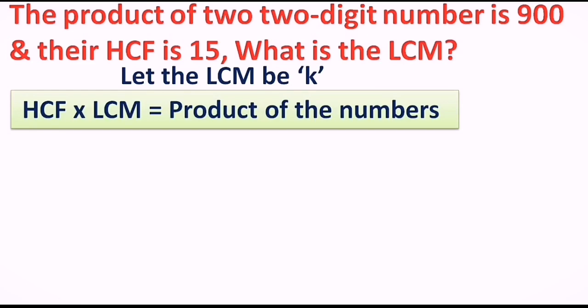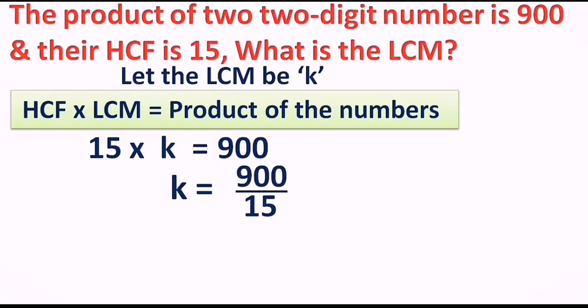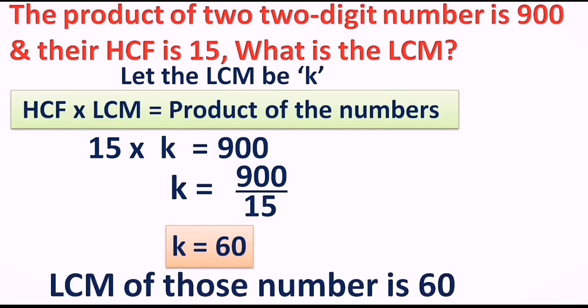Okay, so over here HCF is given to me, that is 15, and LCM is K, so I can write 15 into K as the product, and the product of the two numbers is already given to me, that is 900. Okay, and the way we have learnt, whenever you come across this situation, the number along with the letter must be shifted to the other side of the equality, and that goes in division, right? So 900 divided by 15, I am left with 60, and that K is 60. That means the LCM of those numbers is nothing but 60, right?